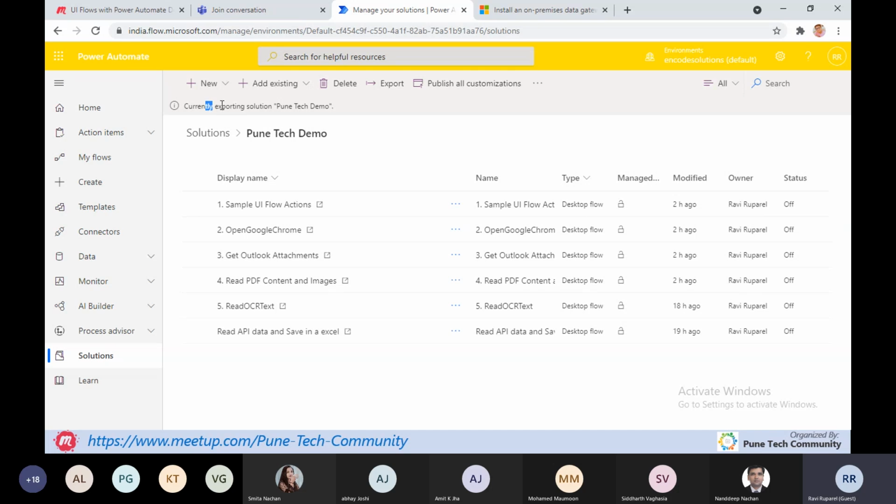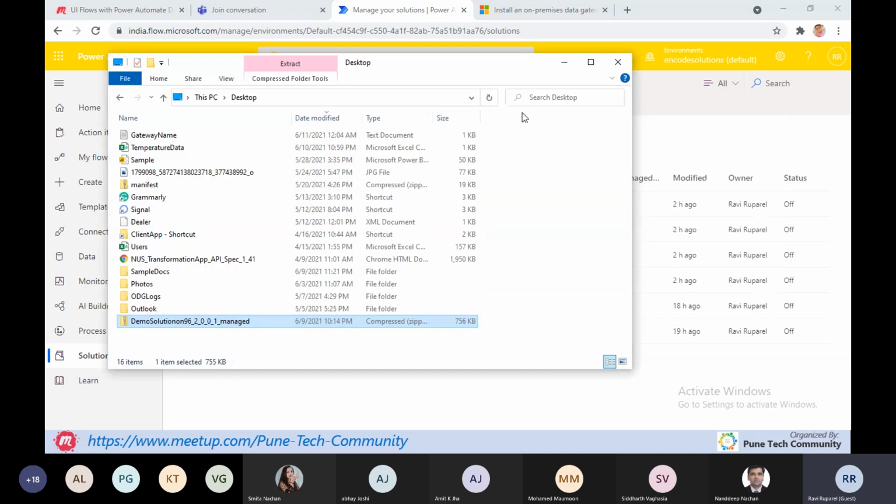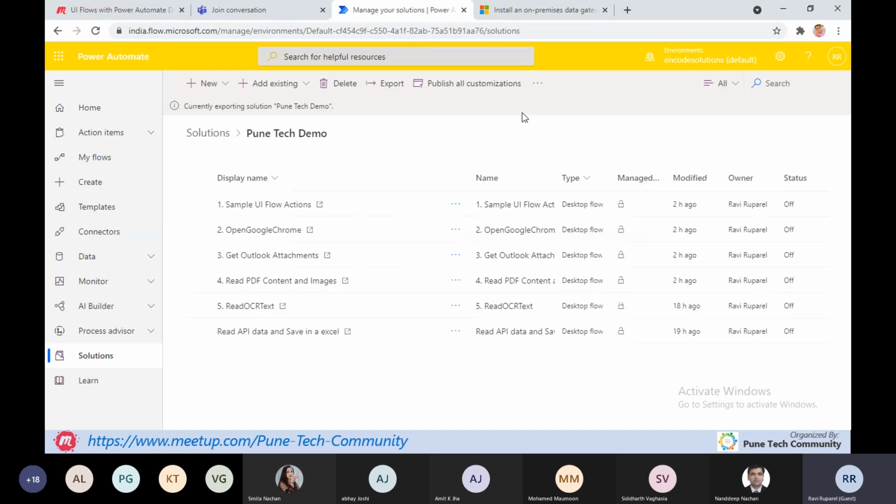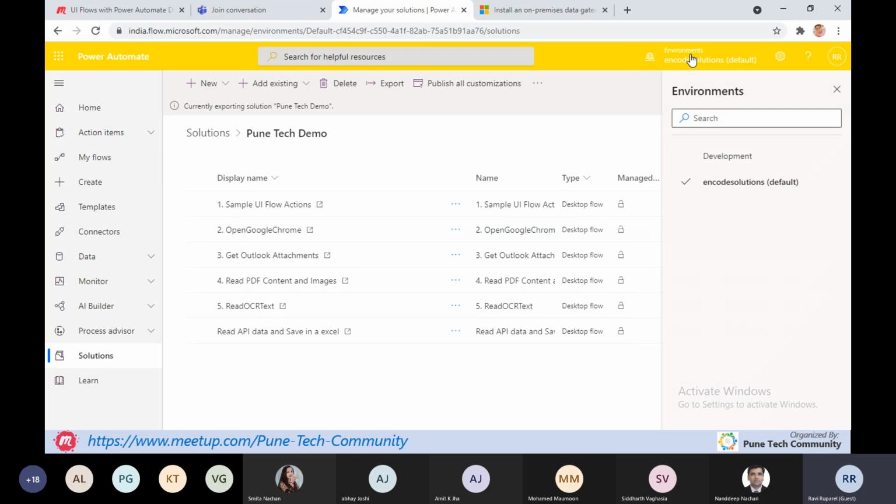Now it is currently exporting the solution. Once the solution is exported, it will have this zip file, and we can go into the other environment and import the file. So for that, I'm going into the other development environment.